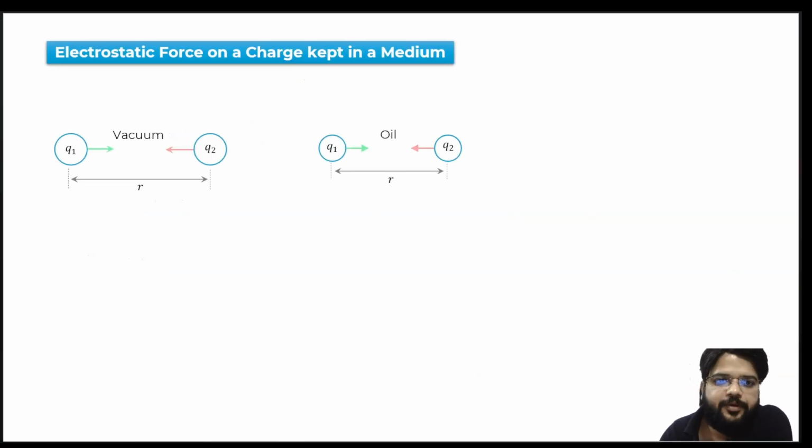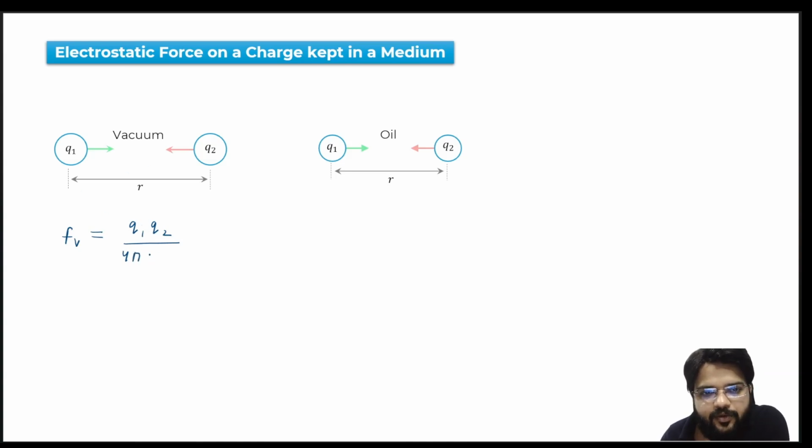Let's see the next topic, everyone: electrostatic force on charges trapped in a medium. In the first picture, what is happening here? Two charges are present in the vacuum, and the separation between Q1 and Q2 is R. So the force in the vacuum can be written as Fv equal to Q1 Q2 by 1 upon 4 pi